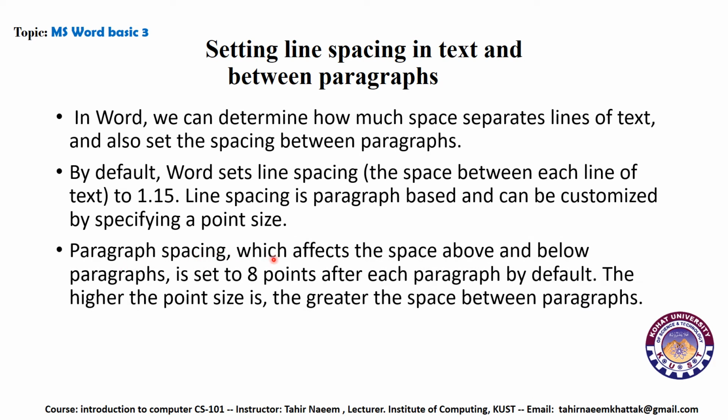Paragraph spacing, which affects the space above and below the paragraph, is set to 8 points after each paragraph by default. The higher the point size is, the greater the space between paragraphs. So basically, let's suppose these are three paragraphs, and the space between this or this, before and after, means that if this paragraph is starting here, then the space between